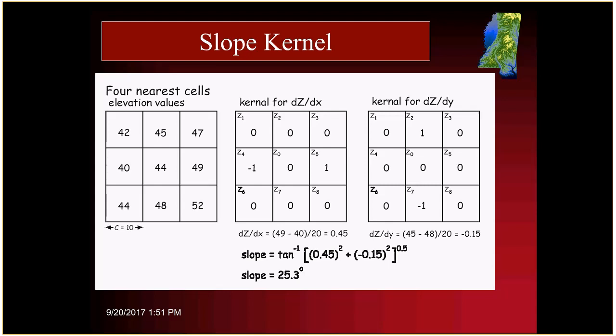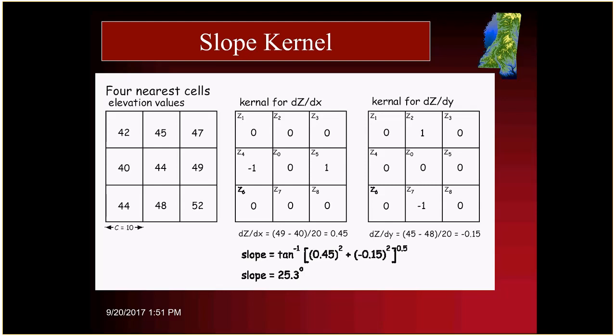And then this equation right here is very similar to the rise over the run from before. But what we're doing here is adding the squares of both of these values. So we're taking basically the difference in z over the x and the difference in z over the y, which are two different rises, and the run is the same in both cases. And we're squaring both of those, adding them together, and taking the square root. It's very similar to finding the average,